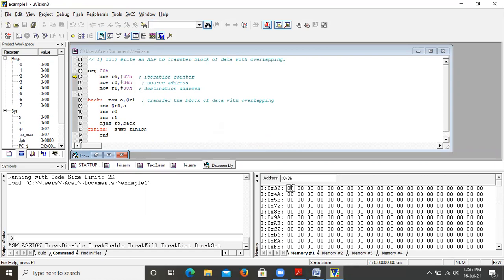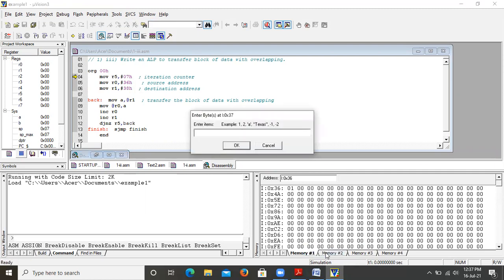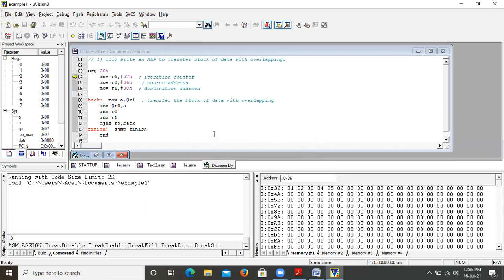If you double click here, you can enter the value directly, press the value and hit enter. Or, as we saw in the last video, right click on this, then modify the memory. Both are okay. Already one value I have entered, so the remaining 6 values I will enter, because in total we have taken 7 values.